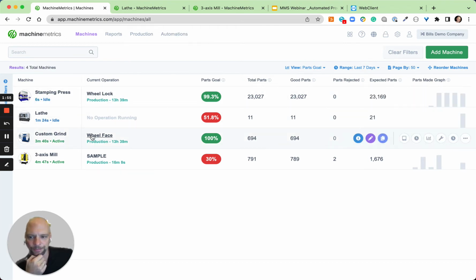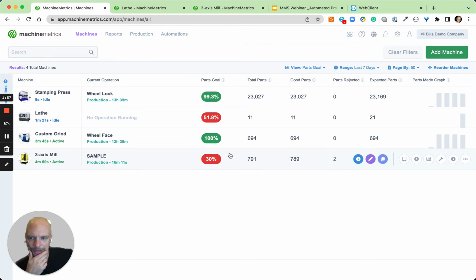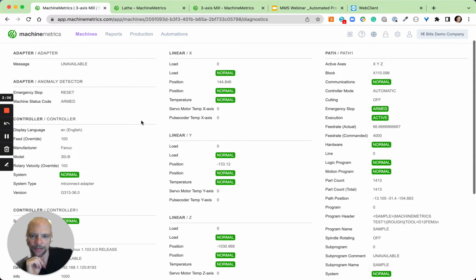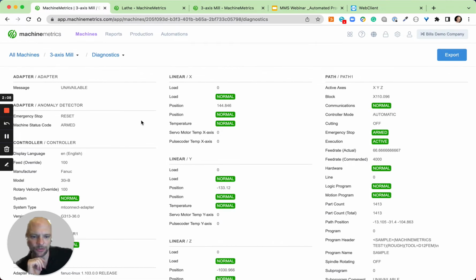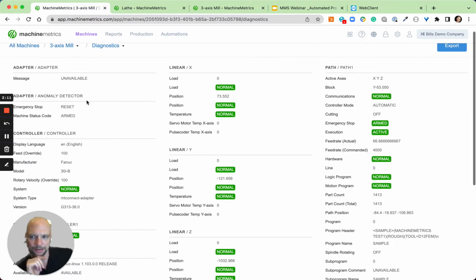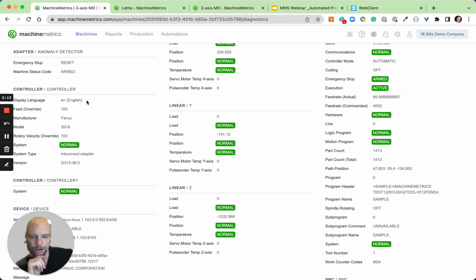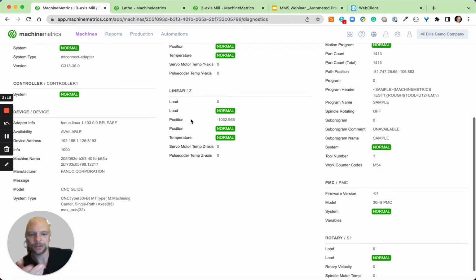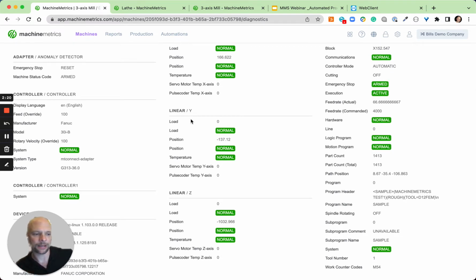What I want to point out is that we'll focus on this milling machine and the lathe machine. I want to show what data is being pulled from this milling machine. We connected this to a FANUC-based control, and we're going to be able to pull many data items from that control. These are the default data items, but we can also extract really any diagnostic parameter, any PMC parameter. Some of this might be useful for maintenance, for condition monitoring, but I want to draw your attention